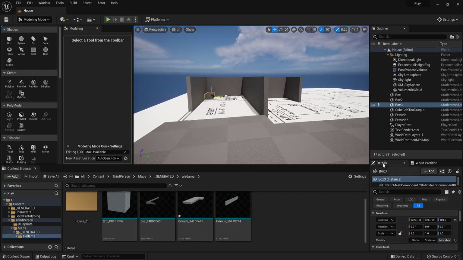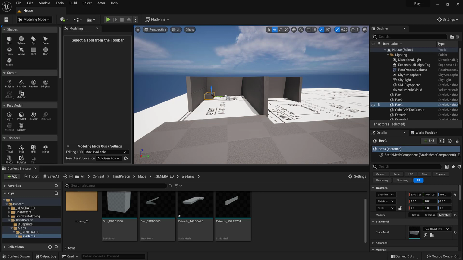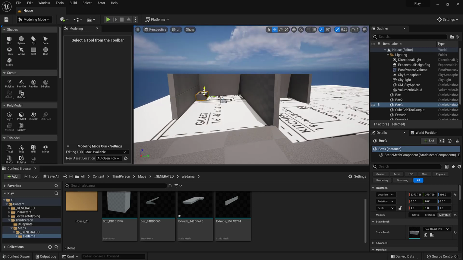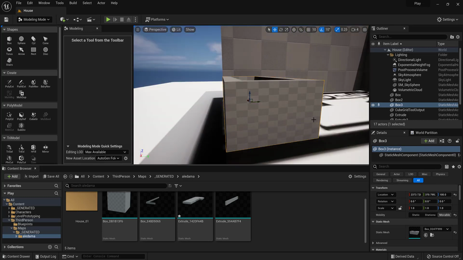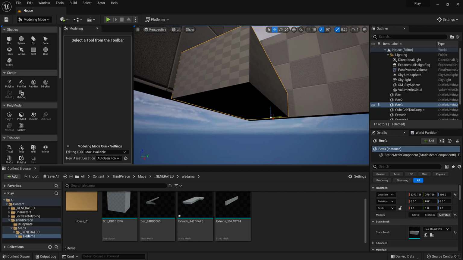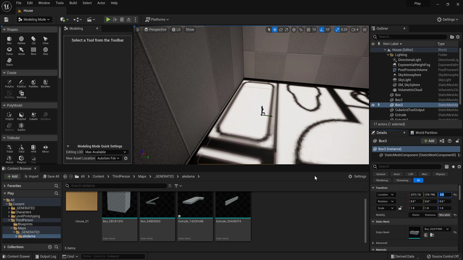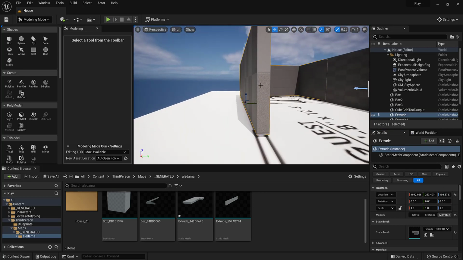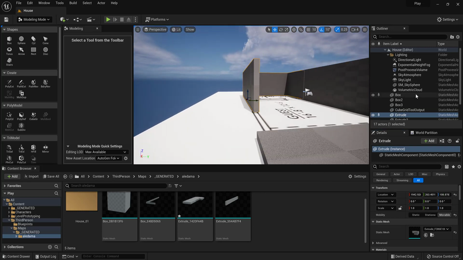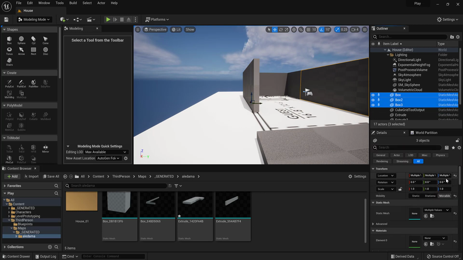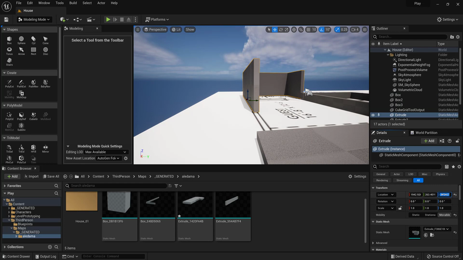So you can see here, down in our details panel, because our pivot point, let me zoom in to show you that. I hit F to zoom in. It's at the bottom here. I can zero this out and it'll go to the base of our grid, which is good because let's do this for all the walls too. And we really should start getting these, bring that down, bring this down,